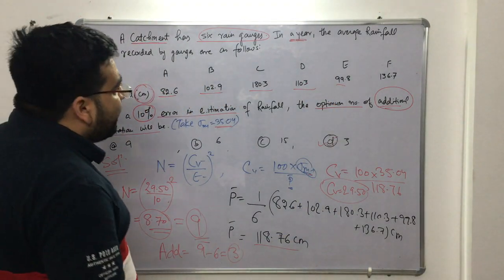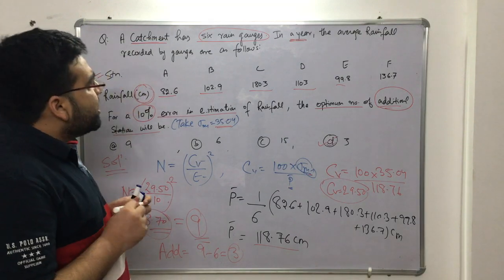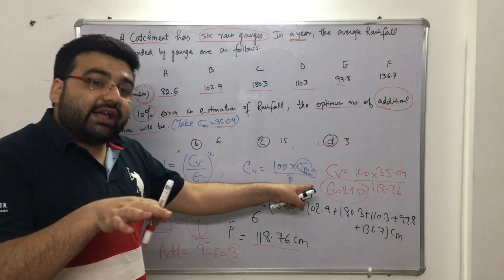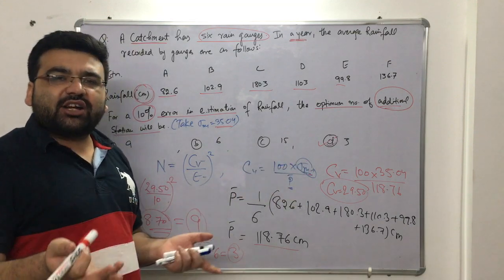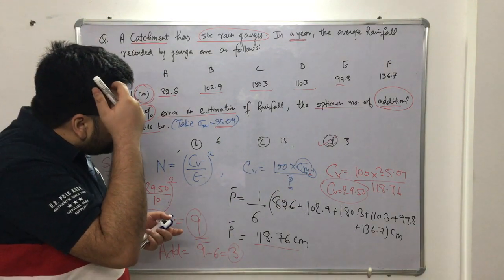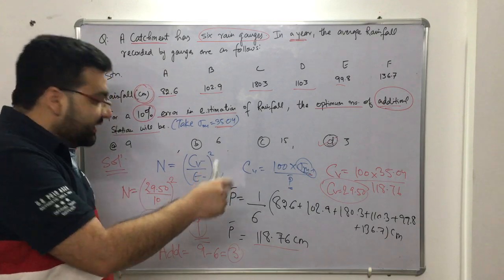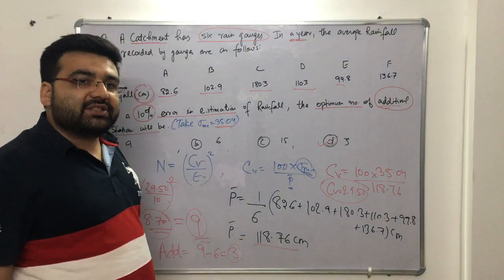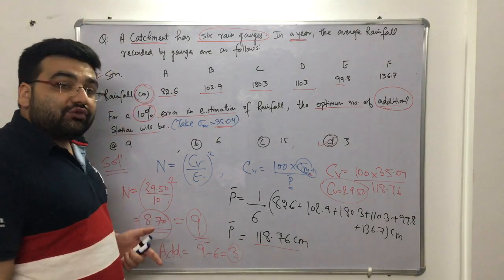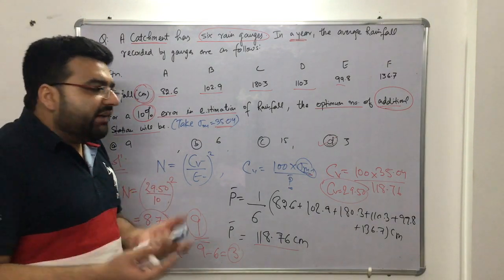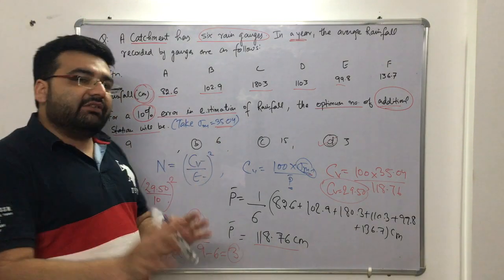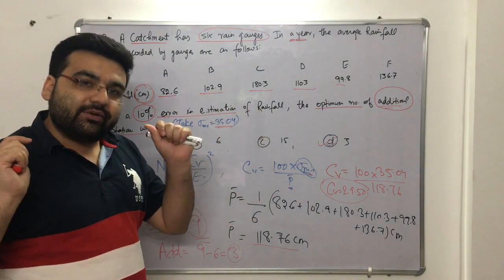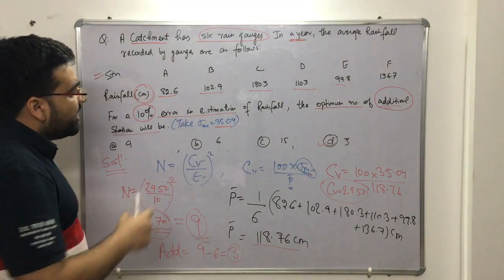I hope that everybody has understood how to determine the coefficient of variation and how to determine the standard deviation. If it is given to you, well and good, very easy. If it is not given to you, then you have to apply this formula: the square root of the summation of (Pi minus p bar) squared divided by m minus 1. Most probably, if this type of question comes, the standard deviation will be given to you. Otherwise, it will be a very long question with a very long solution. So I hope that you have understood this.